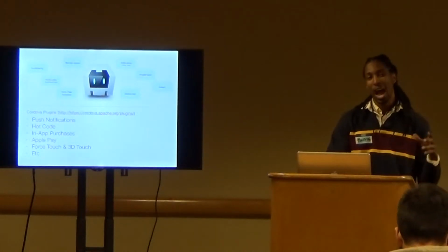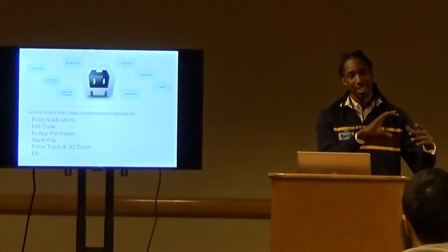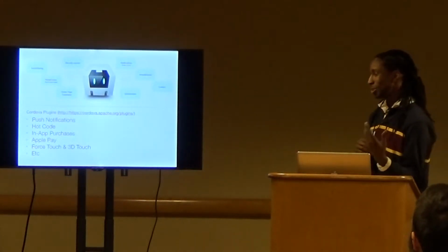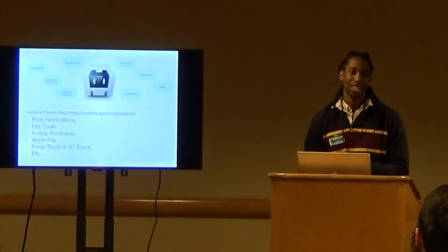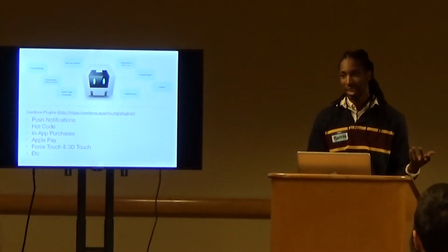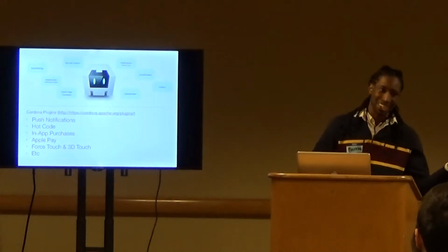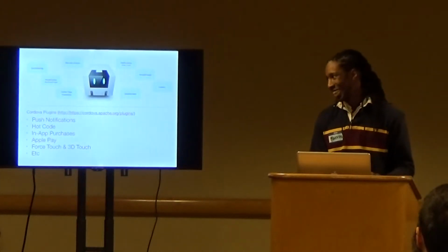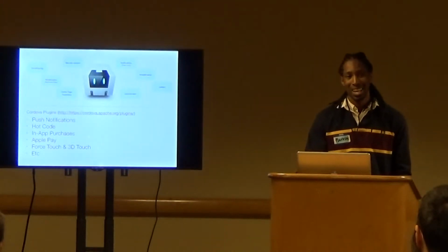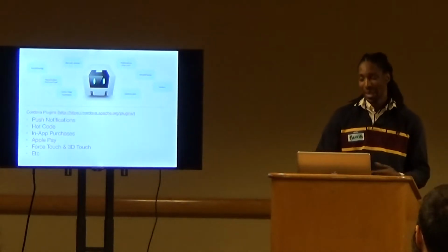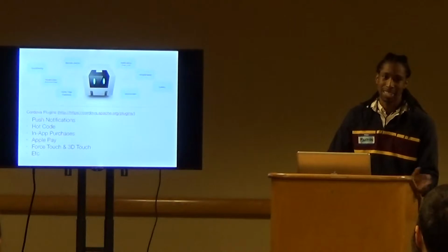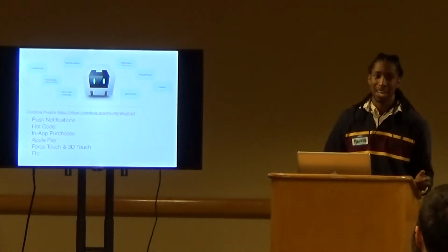Cordova plugins are how you access the native API that you want to target. Say you wanted to do something like hot code, like I said earlier. There are a couple plugins for that because most of these are third-party plugins. So somebody might not like the way you wrote your plugin; they want to write their own plugin. It does the same thing. You have push notifications, in-app purchases. If you want to do Apple or Google Pay, you can do that. And even the new Force Touch and 3D Touch stuff in the 6S, 6S Plus, you can do all of that in a hybrid app.